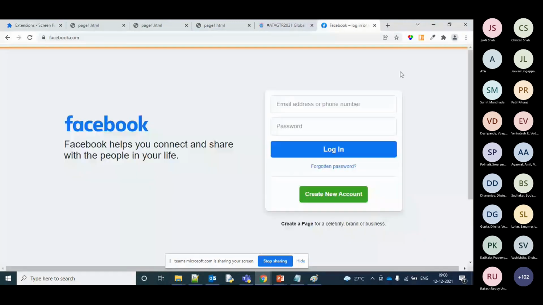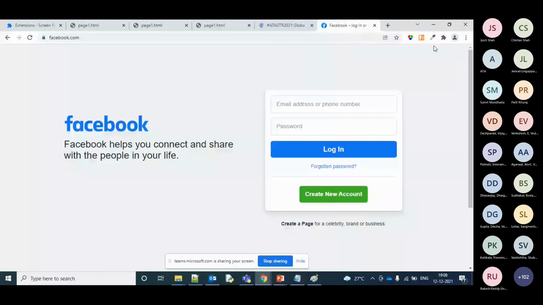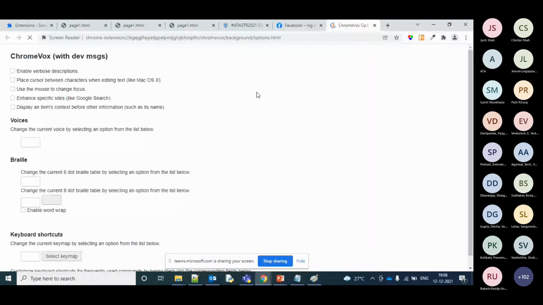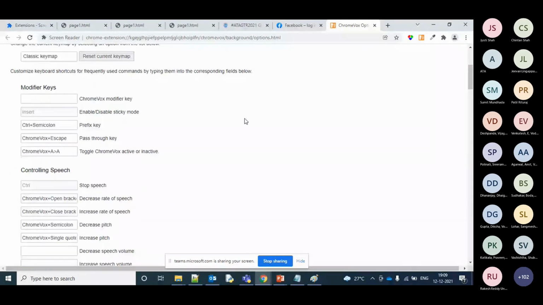ChromeVox spoken feedback is ready. Right now it's set to this particular content, and there are options, ChromeVox options. Heading 1. So what it does is...